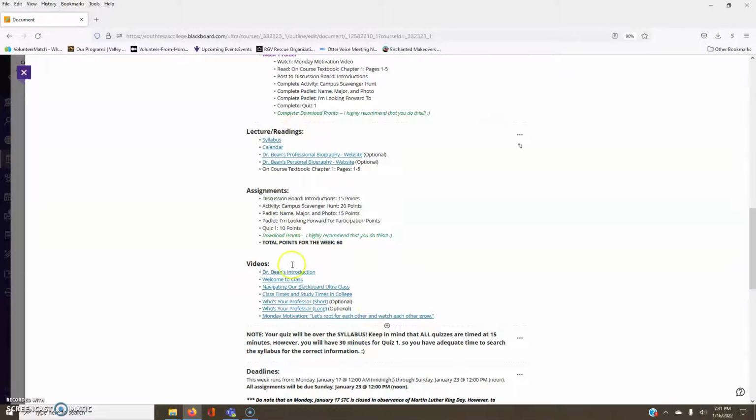So if anything appears in a blue hyperlink, that means if you click on it, it will actually take you to the document, as in the case of the syllabus, the calendar, my biography, and so forth. If it is just listed, like the textbook and the chapter pages, that means you're going to need to go to your textbook, whether you have it as an ebook or a hard copy of the book, and you're going to need to read it. The videos, for example, I have all of my lecture videos as part of my YouTube